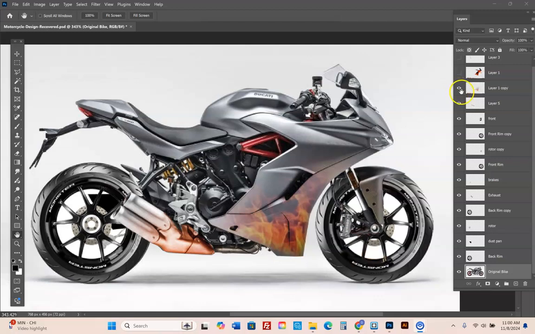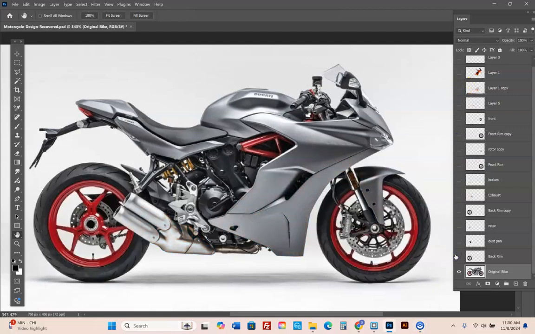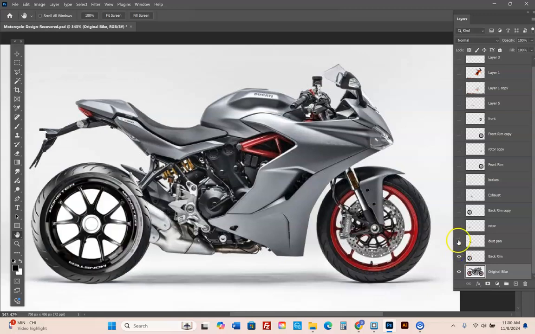I was asked to design a motorcycle, and this is what I had come up with. I really struggled designing this because I chose a Ducati, and the Ducati that I had selected was absolutely perfect. So I just want to go on record and say that this bike is absolutely perfect just the way that it is. However, I wanted to show how to add different components using the Lasso Tools and the layers